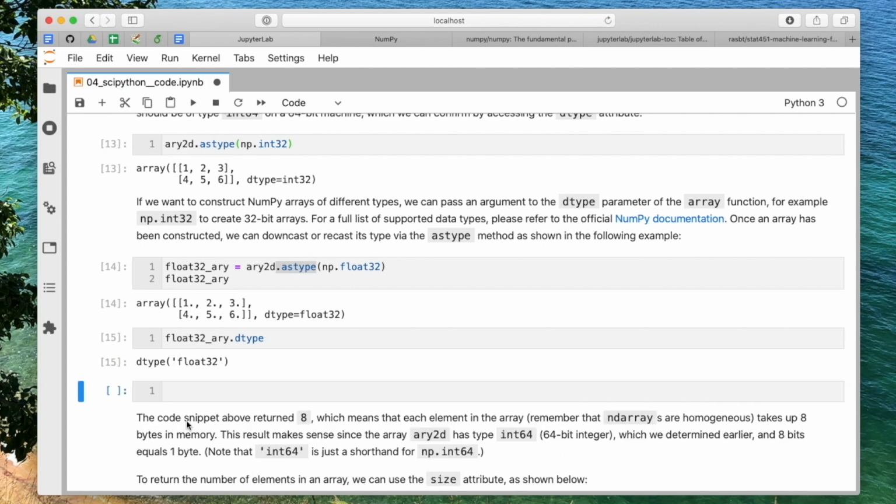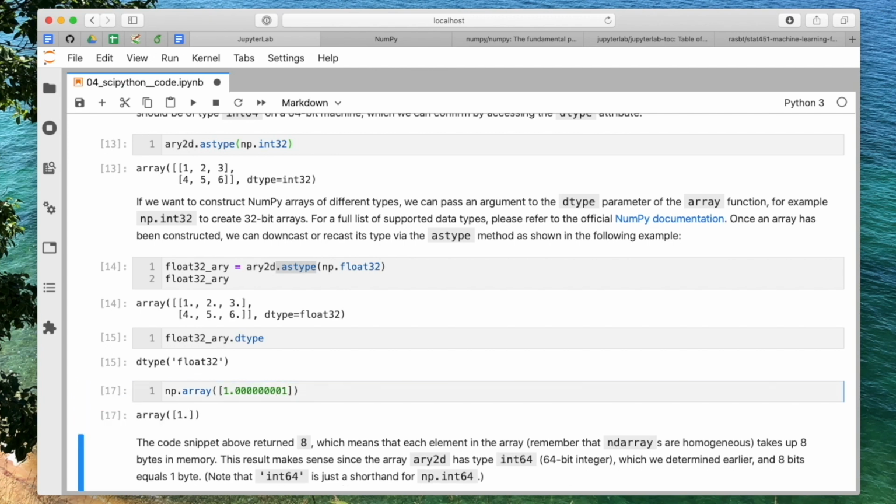By that, what I mean is if you have, let's say, a number like 1.001. Oh, sorry, too much. So if you have this number here, this is a 64-bit float, so you get this precision here. But if you convert it to, let's say, a 16-bit array, you will lose a lot of precision.